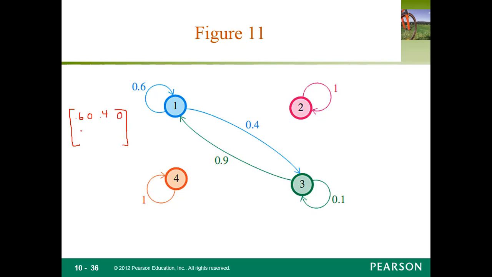And then we have 0, 1, 0, 0. And 0.9. And then we got